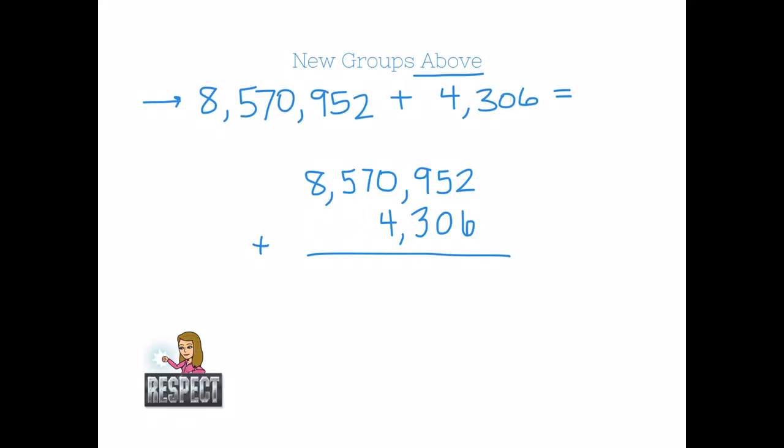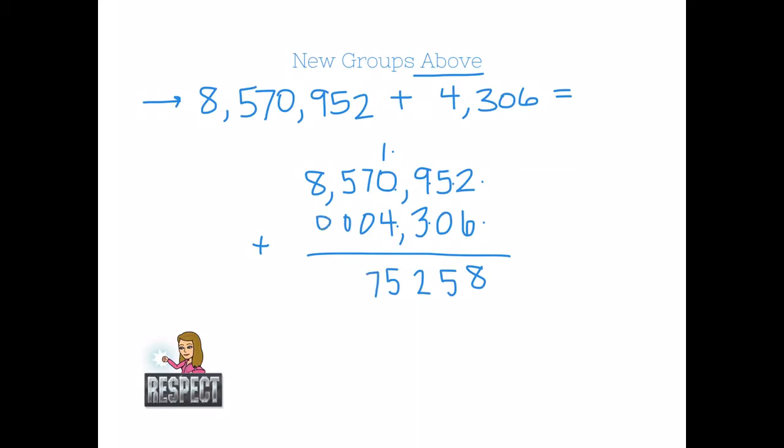Let's start adding using the new groups above method. Start with the ones place. 2 plus 6 gives me 8. Nothing to carry there. 5 plus 0 gives me 5. 9 plus 3 gives me a group of 12. So I put the 2 down and carry the 1. Then I have 1 plus 0, which is 1. Plus 4 is 5. Then these other numbers, because we know that there are essentially zeros here, I just copy